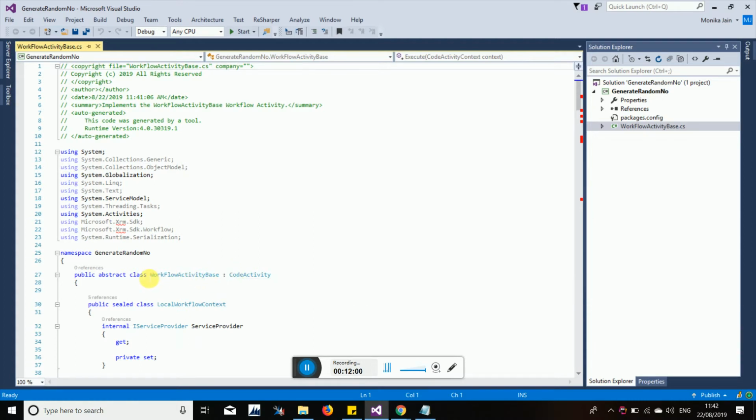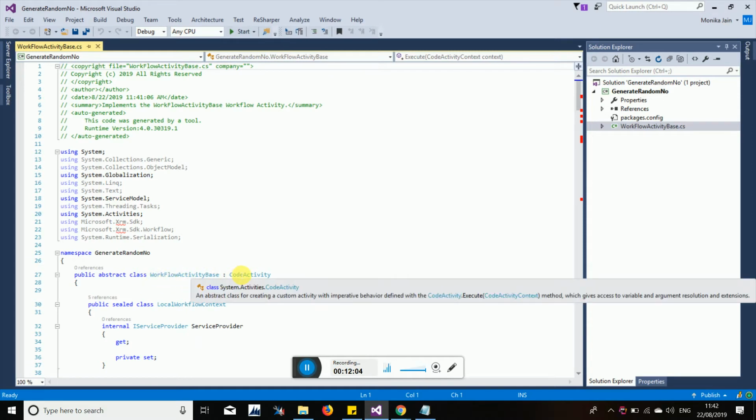The workflow activity base class is inheriting CodeActivity, which is a class already created by Microsoft. As we need to communicate with a workflow, we are using this class, because it has all the methods which can communicate directly with the workflow in the CRM.